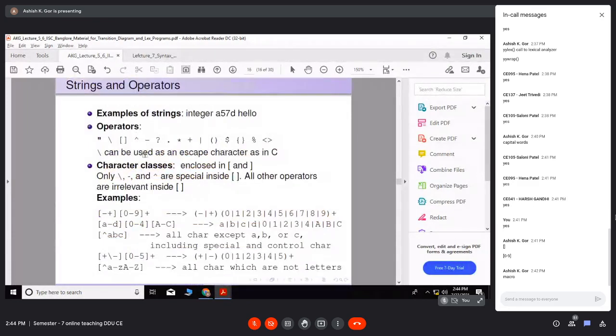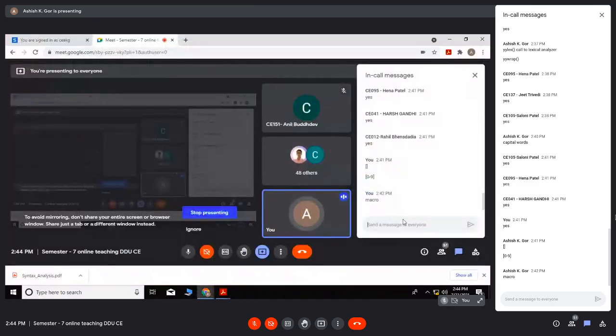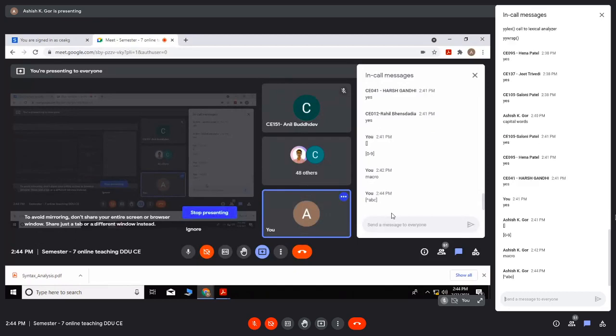Okay, now one more thing, you must have tried this. What is the meaning of this? In square brackets you write caret and then ABC.